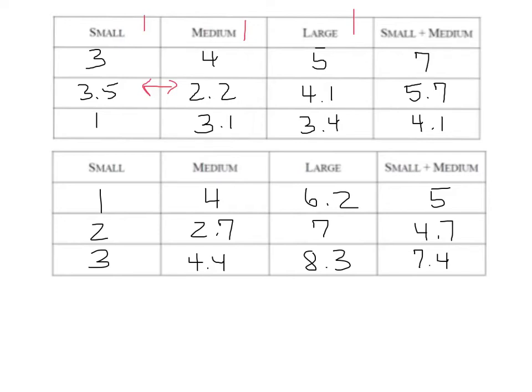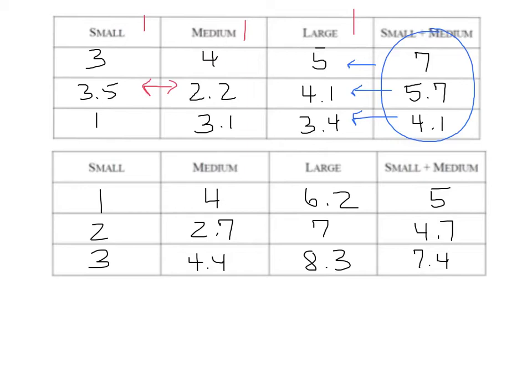One of the things that I definitely noticed, and hopefully you noticed too, is over here, this small plus medium column, when looked at in comparison to the number right next to it, the largest side of that particular triangle, each time my small plus medium was bigger than my largest side. Okay, that is an important fact